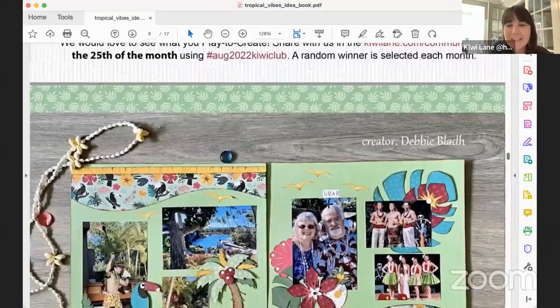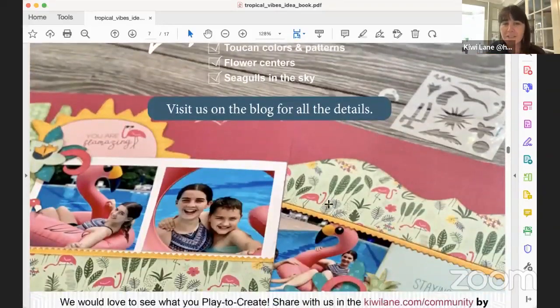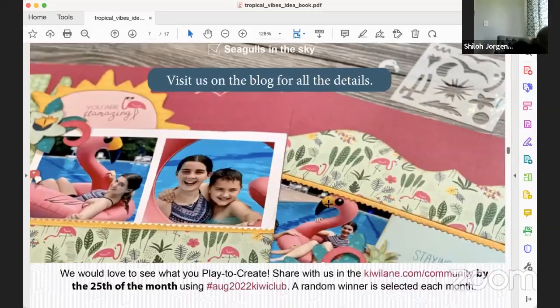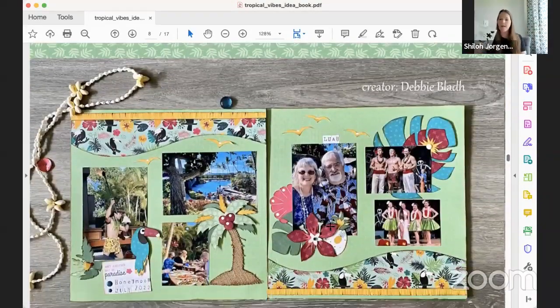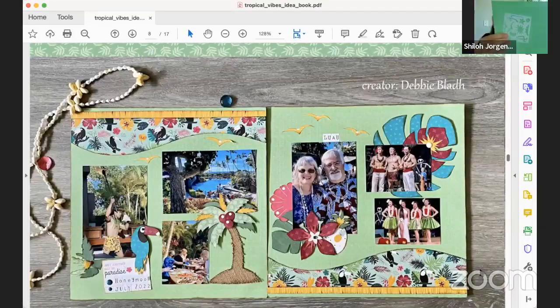Okay. So again, I just want to give a close look. Does anyone have the doodle sheet near them? I can get it. Let's see. Give me a second. Yep, I have it. Okay, so hold that up. So this doodle sheet, it can either be fun elements where you just doodle on a surface, or when we say stencil, we're referring to where you trace the seagulls out onto a scrap of paper and then you cut those out, right? So that's the first thing that stood out to me, Debbie, on this layout.